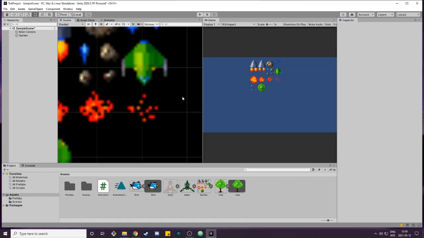The problem with the blurriness originates in the fact that we very rarely have the case where each pixel from a texture is perfectly mapping to a pixel on your screen. So your screen has a pixel resolution of something like 1920 by 1080, and the textures that we want to display, of course, have a different resolution, and their pixels don't map perfectly to the screen